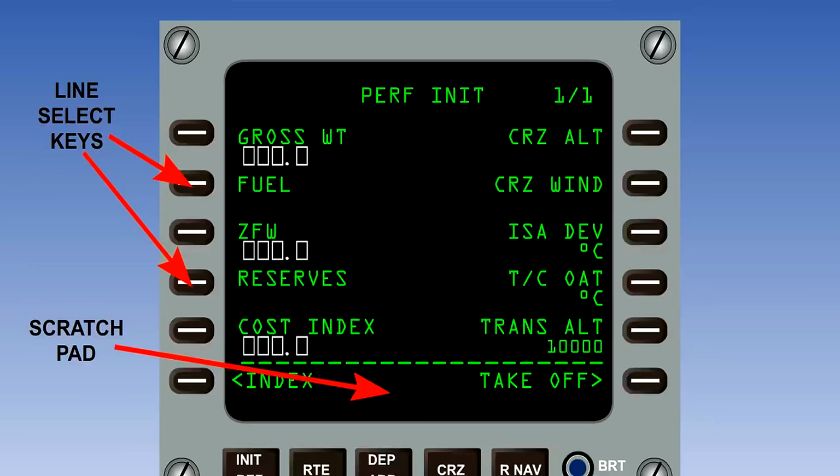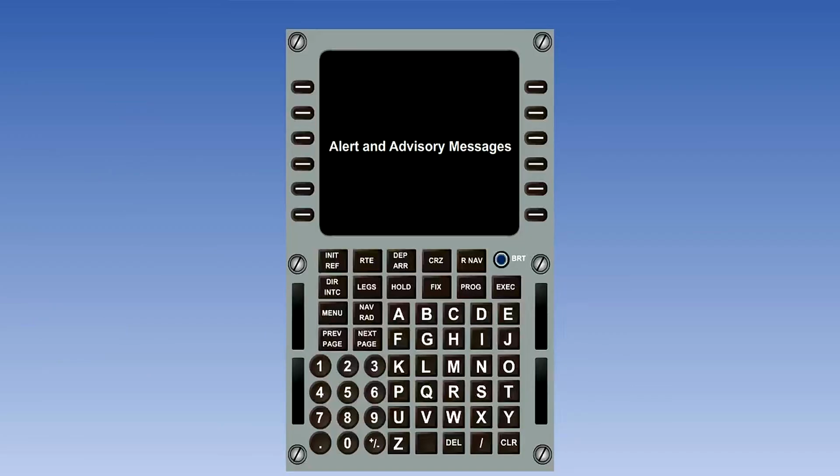Suppose that we want to enter a gross weight of 61,700 kilograms at startup. We type in 61.7. We can now check it, and if there is some mistake, clear it and re-enter it. When we are satisfied that it is correct, we touch the line select key. The number jumps from the scratch pad to the field.